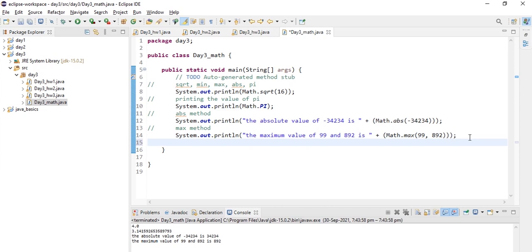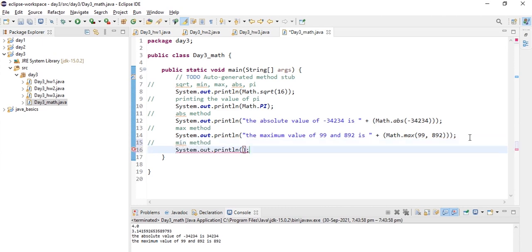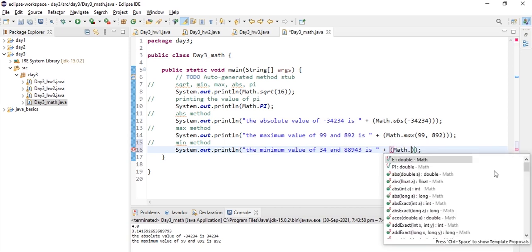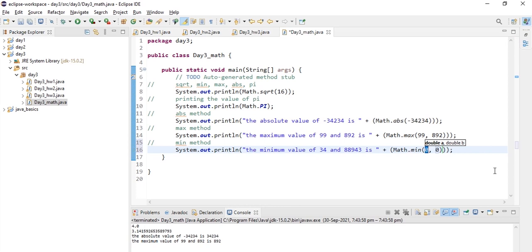And now let's discuss the min method, which returns the minimum value of two numbers. Now let's print to the screen System.out.println, the minimum value of two numbers, let's say 34 and 88,943, some random numbers, and Math with capital M dot min function of 34 comma 88943, and let's execute this.